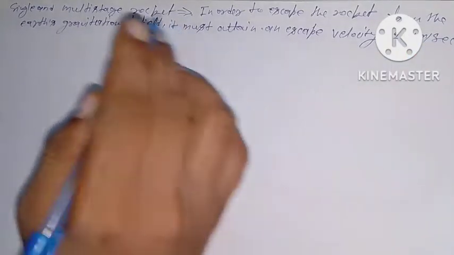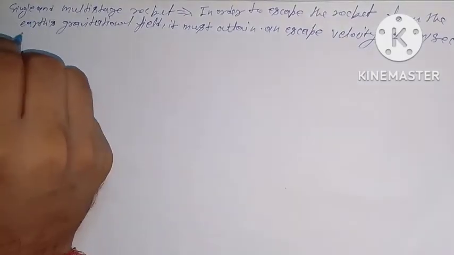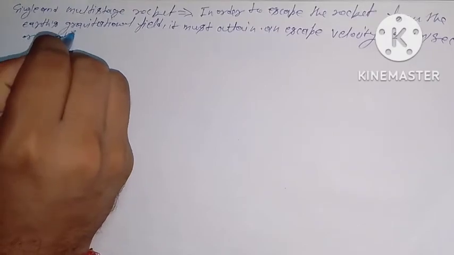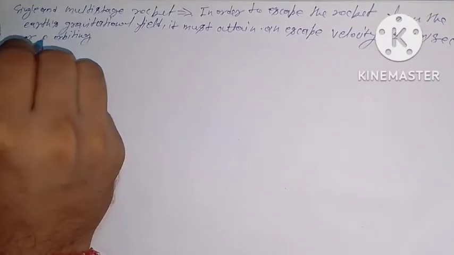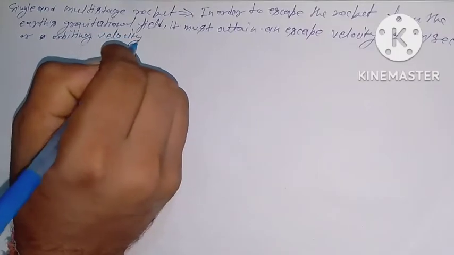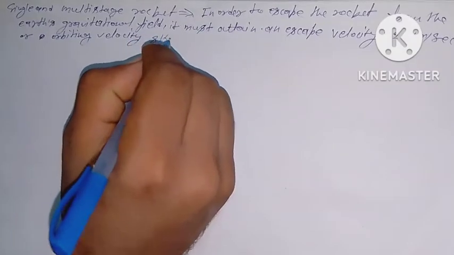The orbiting velocity is 8 km per second,